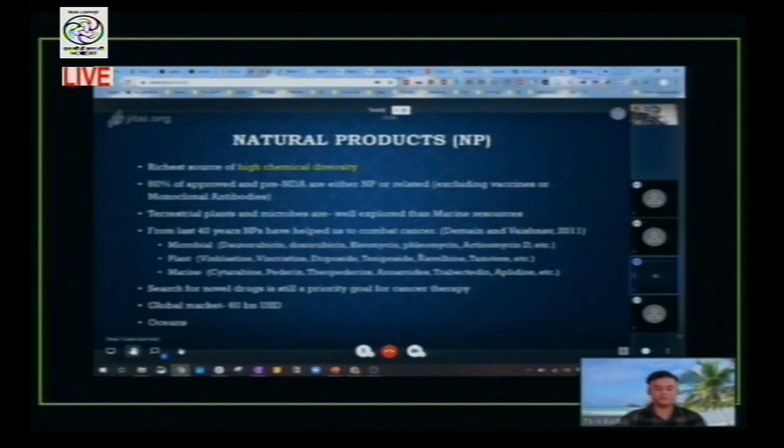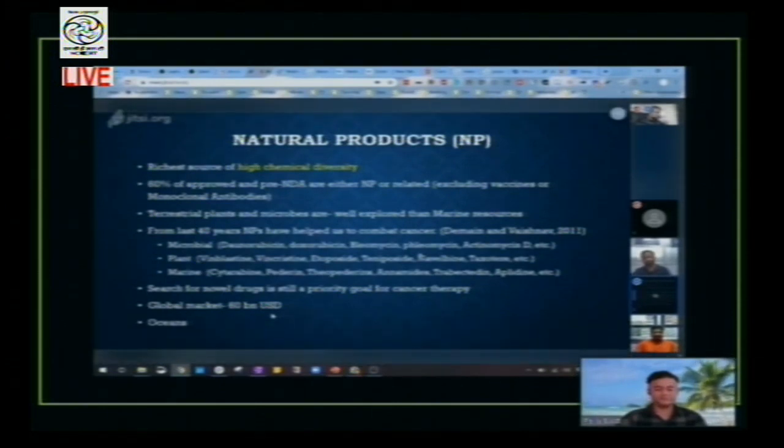These all drugs are excluding vaccines or monoclonal antibodies. Okay, so the terrestrial plants and microbes are well explored than marine sources, and from last 40 years, natural products have been helping us in combating cancer. Most of the sources are.